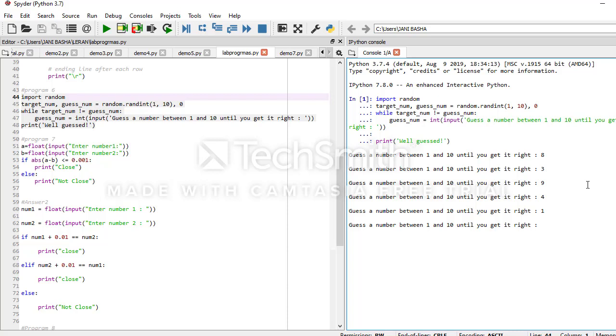Okay, so 8, 3, 9, 4, 1 completed. I thought it is 7. Okay, 7 is also not the right number. Then I think it is 5. I'll give 5. So when I give 5, what message did I get? Well guessed. Okay, so 5 is the number which is generated by this function